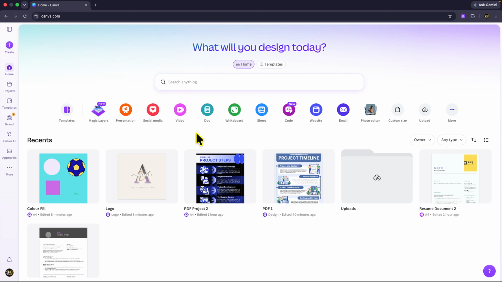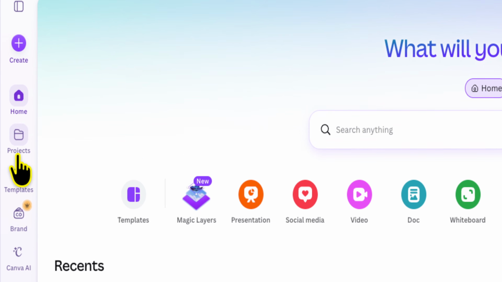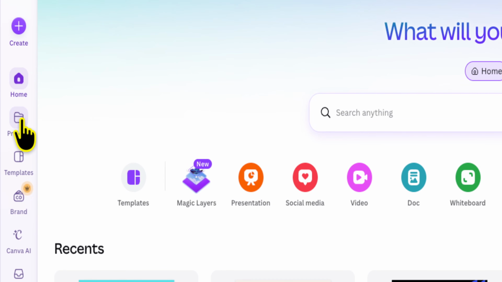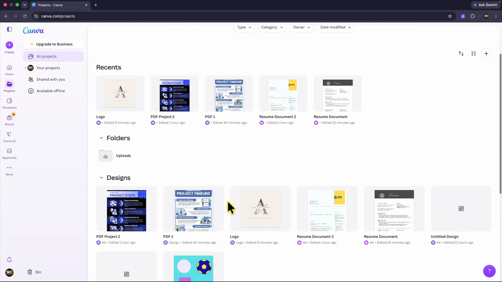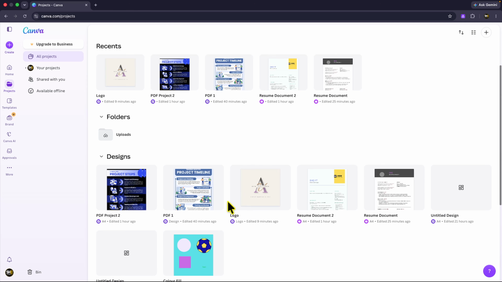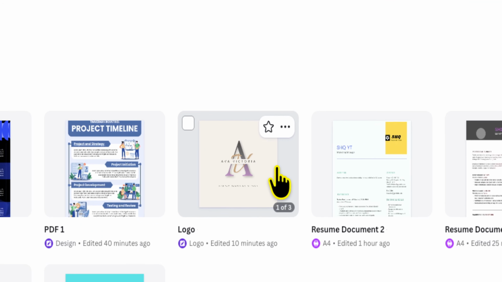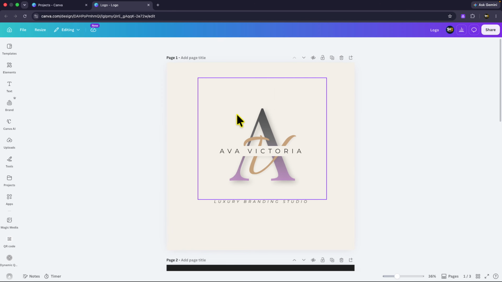Regardless of where you are, you're going to want to look over to the left-hand column and click on projects. When you do that, you'll have a list of various projects that you are working on. What you want to do is click on the project that you would like to do this in, and once you've clicked on that project,